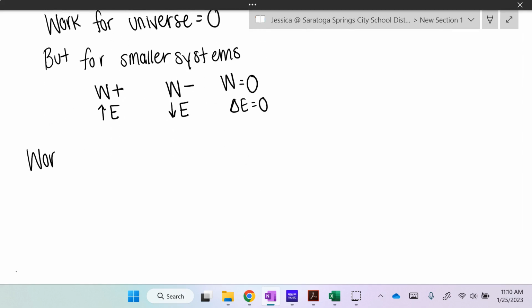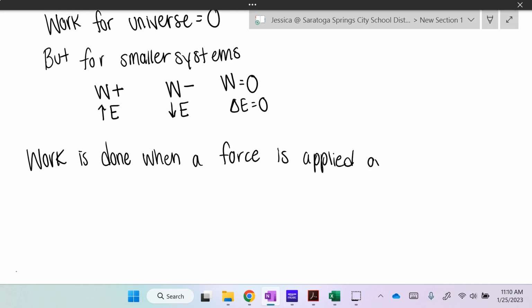So work is done when a force is applied over a given displacement. If a force is applied to an object or system, and that force is responsible for displacing the object, then we can say that force does work. Okay? So work is a scalar quantity,